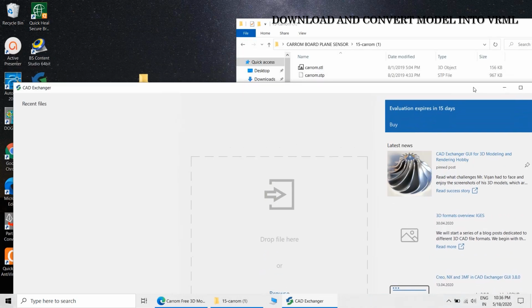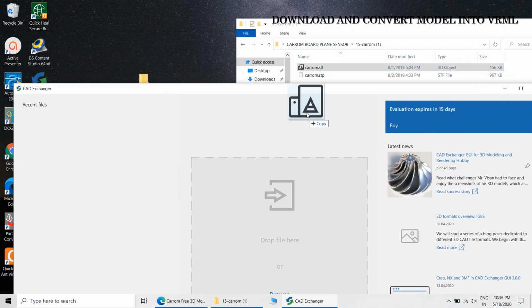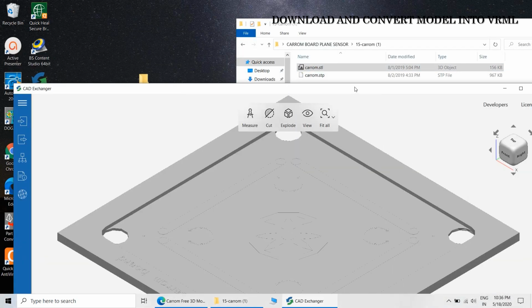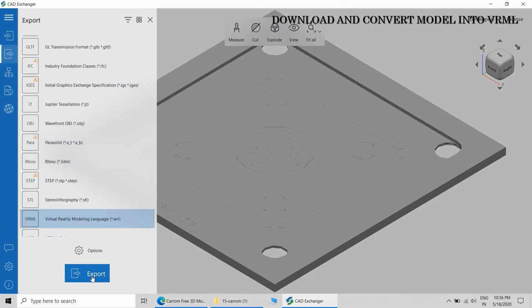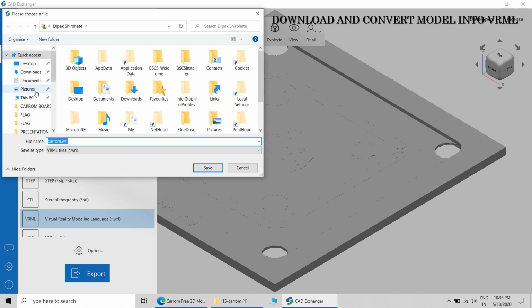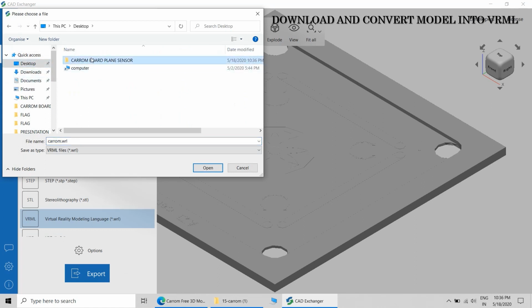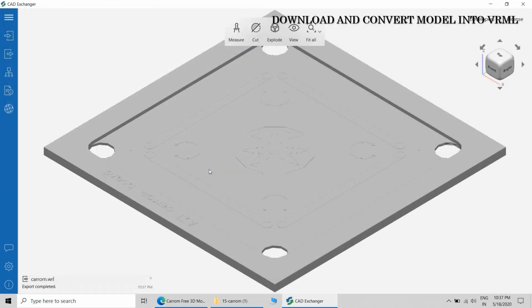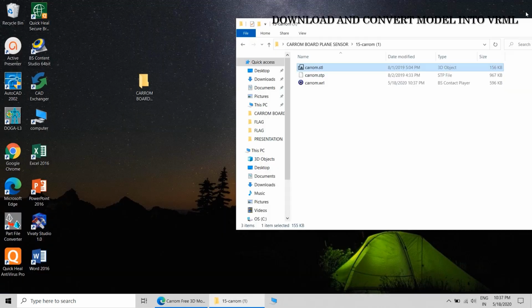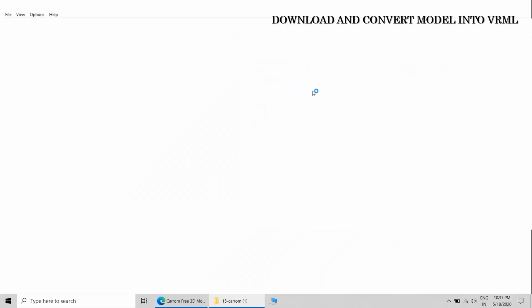Now this is the CAD Exchanger utility which will convert the 3D model into VRML, and with this conversion it will be very easy to import that model into Vivity Studio. Direct import may cause Vivity Studio to become non-responsive, as we have already discussed.